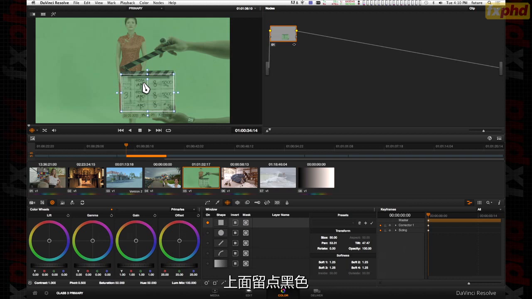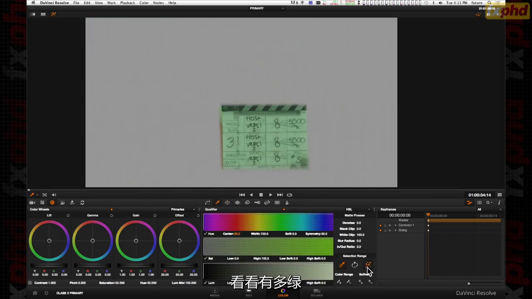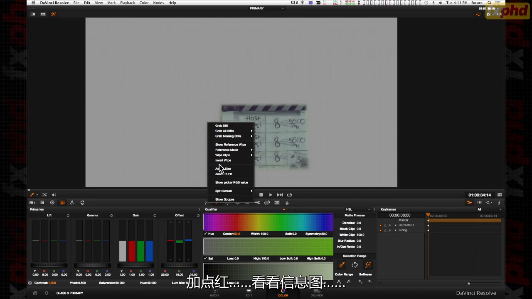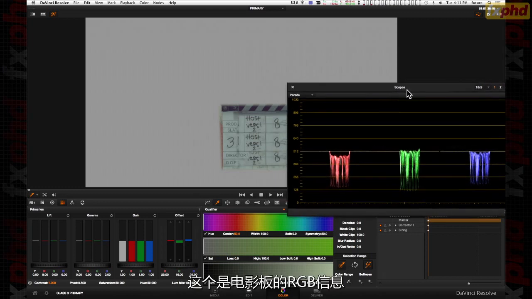So it's only really looking at the white and the black. Keep a little bit of the black on the clapperboard. Expand that up if you need. Yeah. Then you go to your highlight key, and you can then see how green that is. You could use your offset control, and what we can do is dial away the green, take the green down, bit of red up. And the advantage is, when we look at our scopes, and we look at our scopes in Parade, we just see